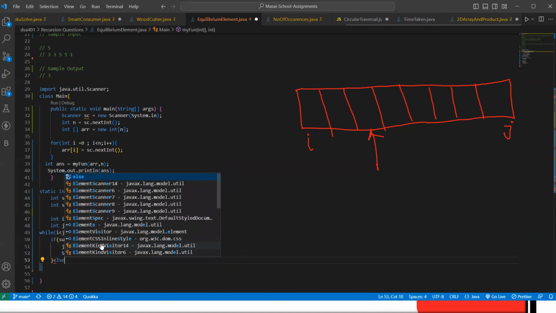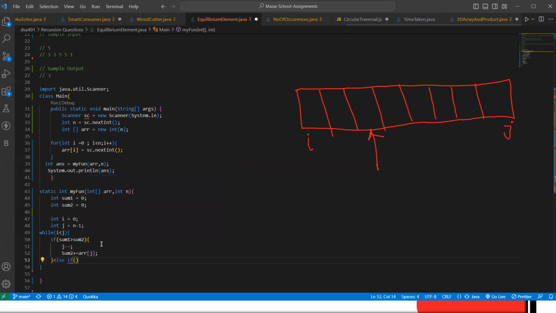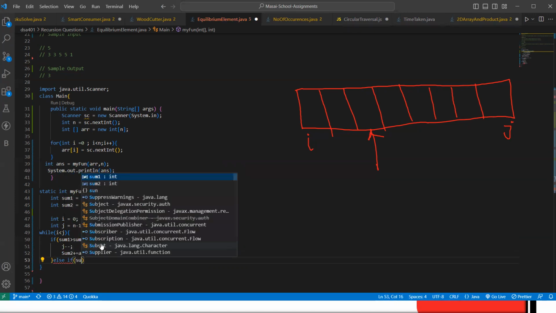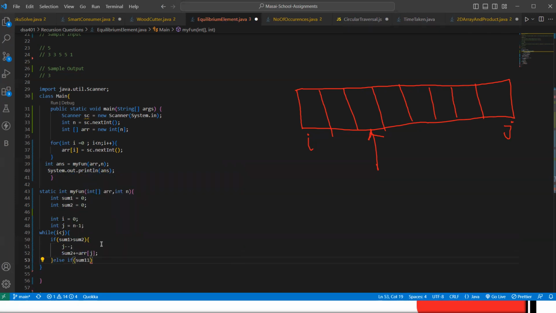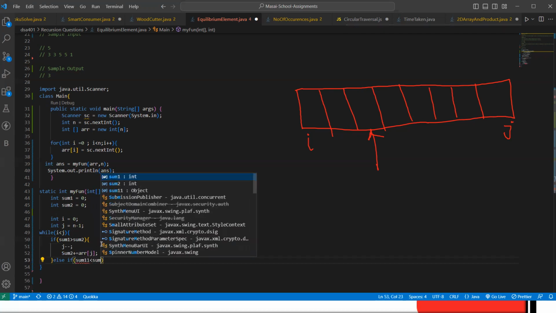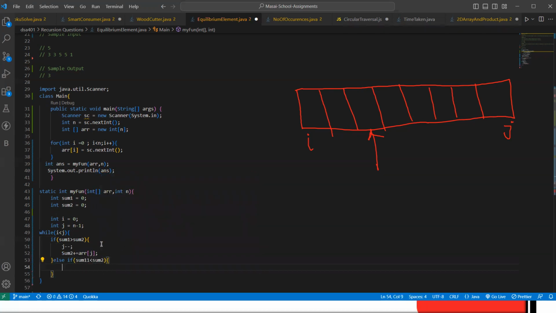And there is one else if condition. In the else if condition, we write: if sum1 is less than sum2. At that time, if sum1 is less, then we increase only this side value and we are not adding this side.